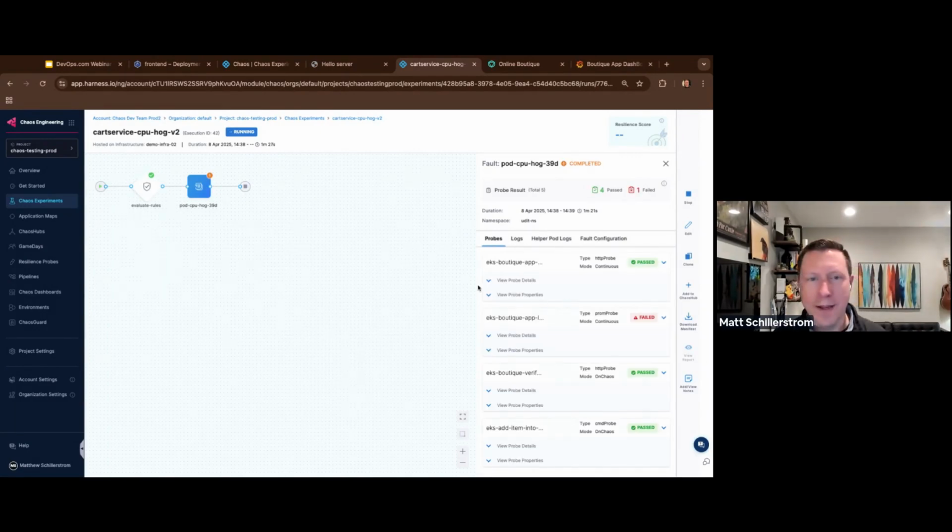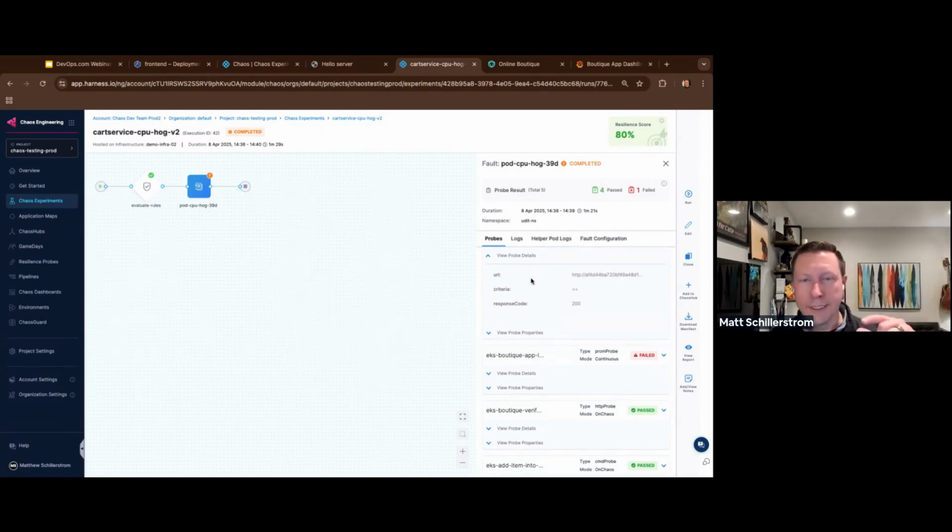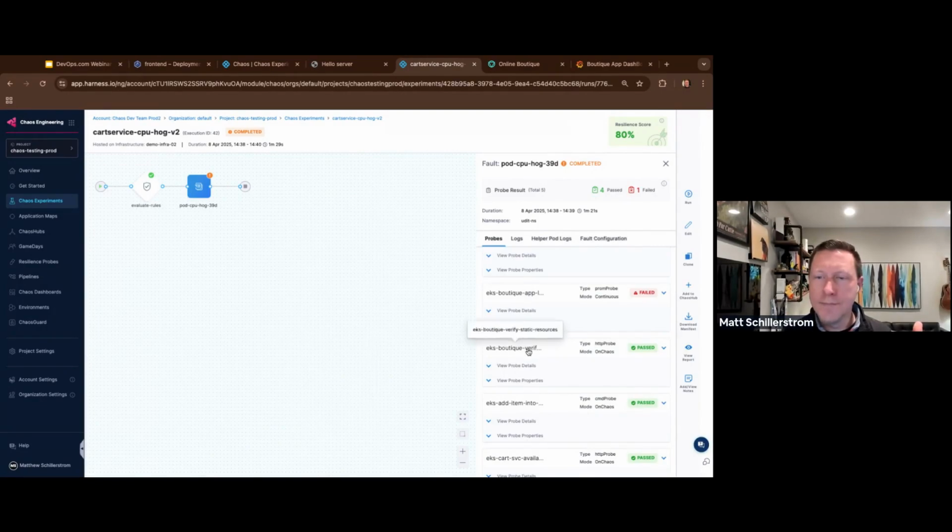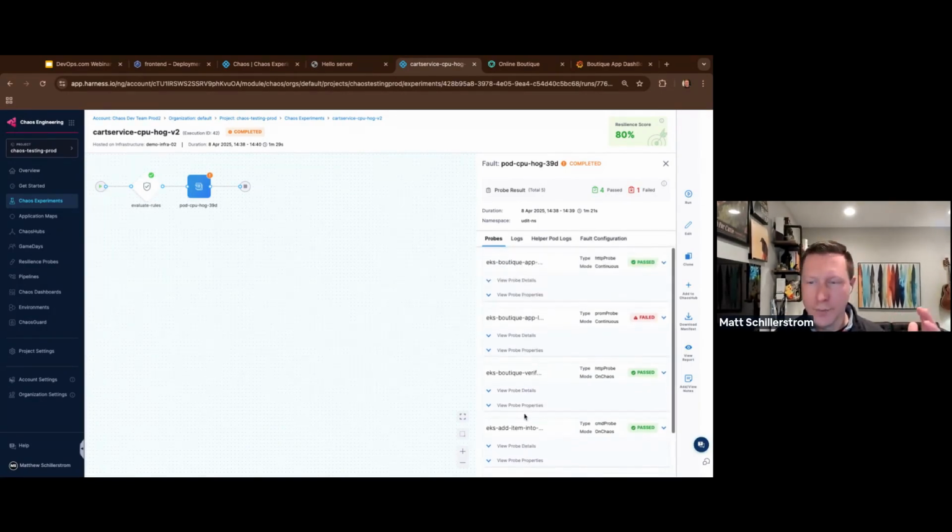But here I can see that my chaos experiment was running. I actually configured a bunch of monitoring probes within this. So one thing great within the chaos experiment, I can have an HTTP check that runs continuously. And this is just polling my URL to make sure that it's a 200 HTTP response so that it's healthy and responsive. And then I have various other probes. It's kind of like a pre-flight checklist during the experiment, as well as during the flight and then post-flight of the experiment. I can have these all checked.